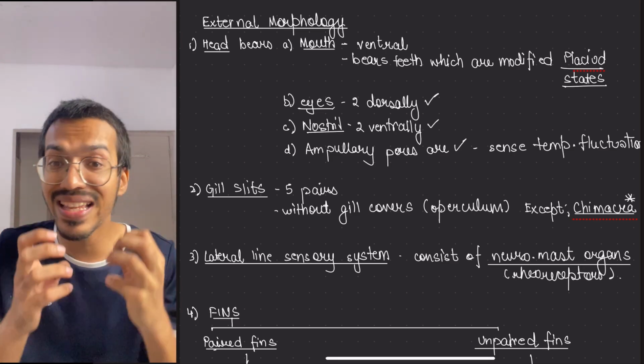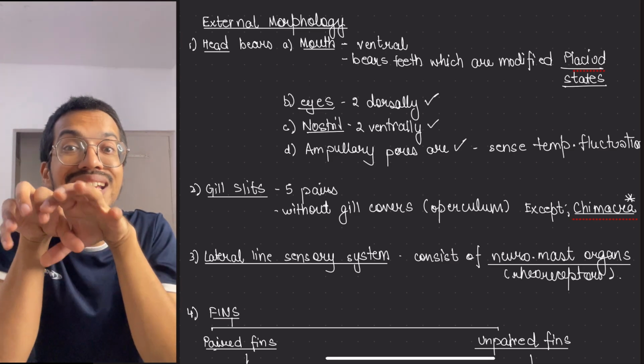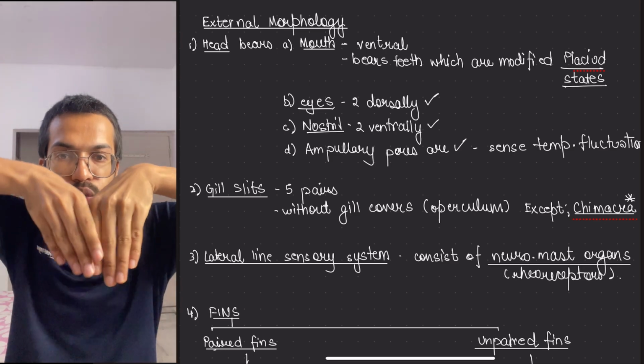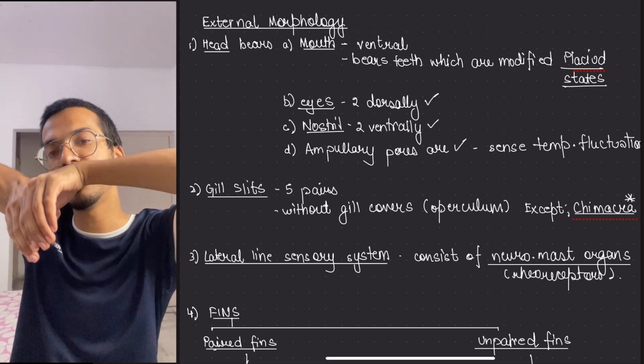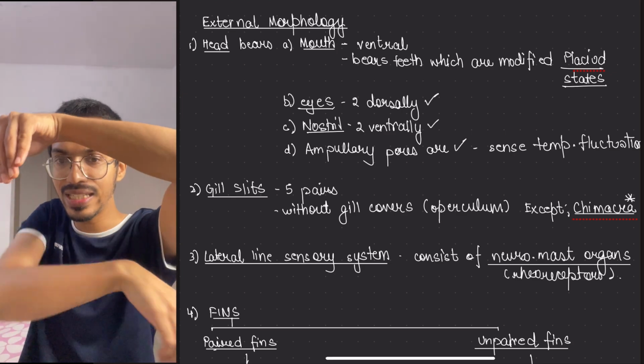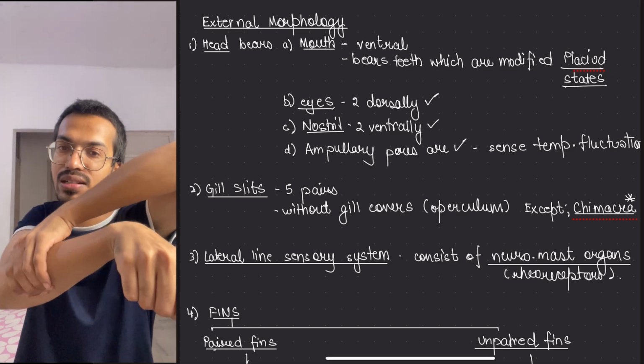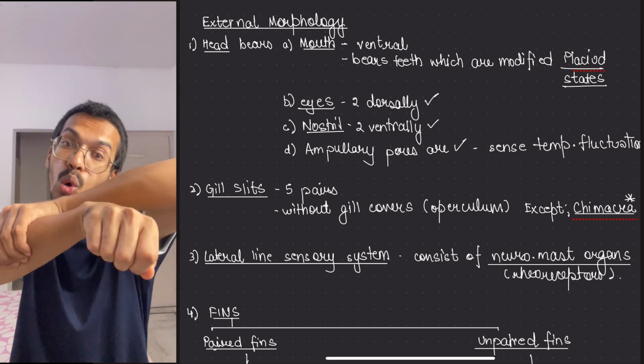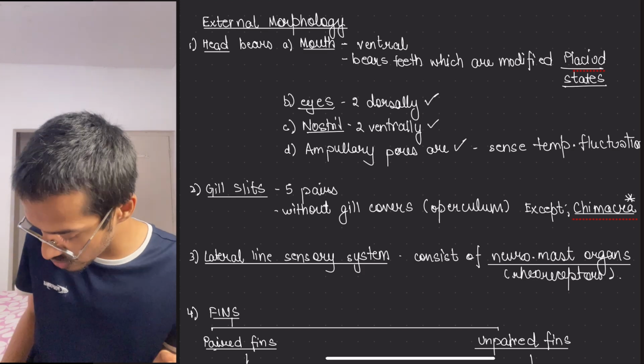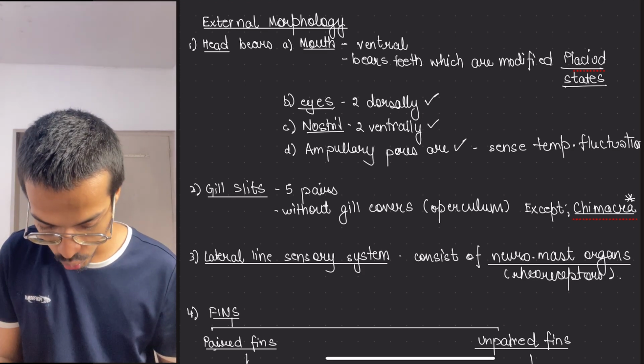Okay. And what is the use of it? It is not helping in mastication. Okay, it helps in capturing the prey. So means they will do what? Imagine this is the teeth and this is the prey. So it will do what? It will hold it like this, and it won't let it go out. I hope you understood this thing. So this is what it does.